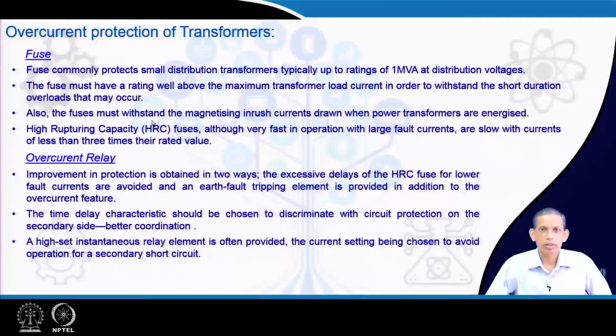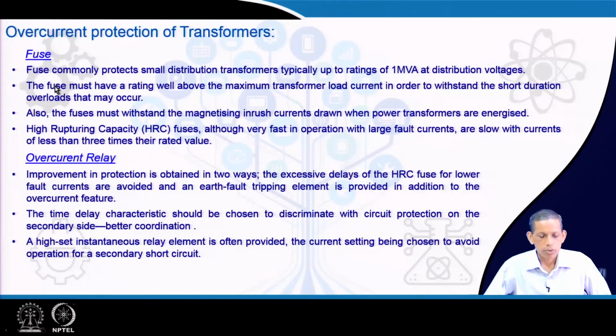So, continuing with transformer protection, overcurrent based protection is also a solution, and as already mentioned, this will be confined to low MVA ratings. Two aspects can be dealt with based on the overcurrent approach. One is based on fuse and the other can be the overcurrent relay principle. Going to fuse based protection of the transformer,